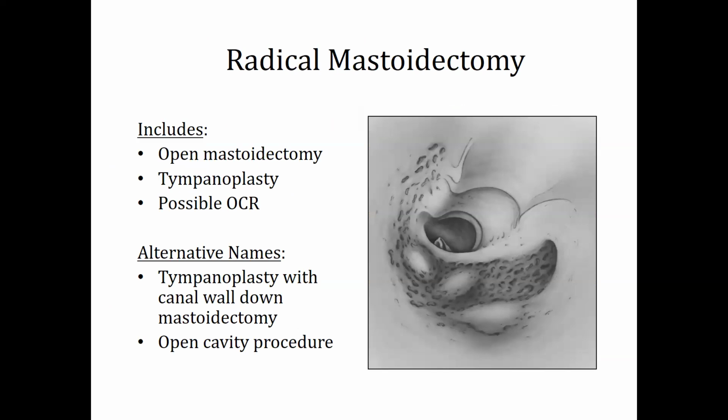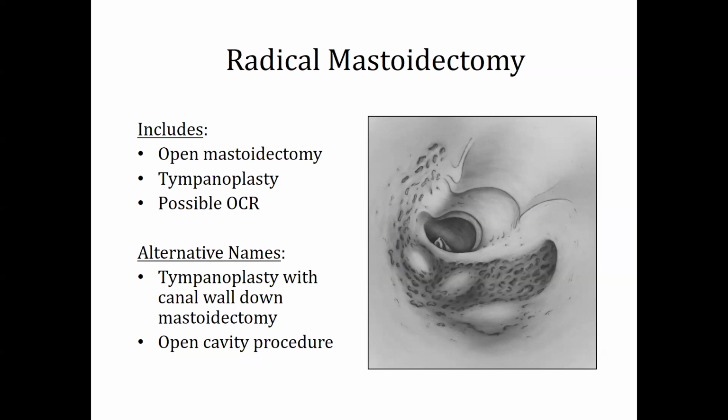Now, oppose that with the radical mastoidectomy, and I would argue that this becomes more relevant for chronic disease, folks that you may never see again, dangerous ears. This is your open mastoidectomy, right? So basically it's your intact canal wall that you just did nicely, and now removing that, right? So I find that it's tough to